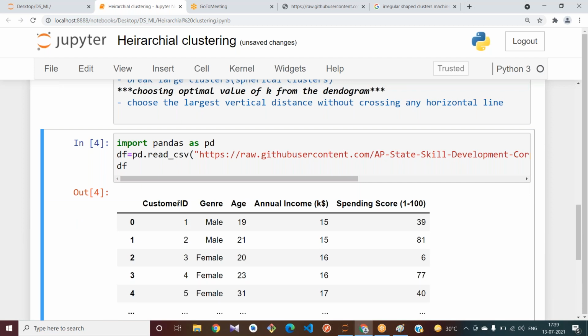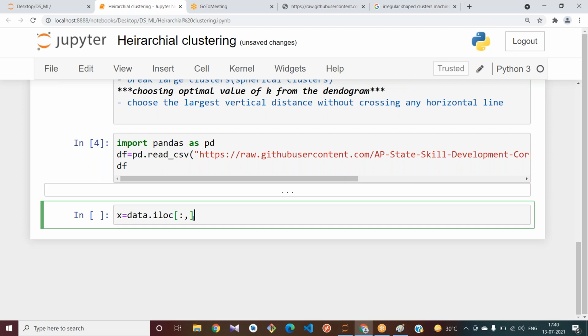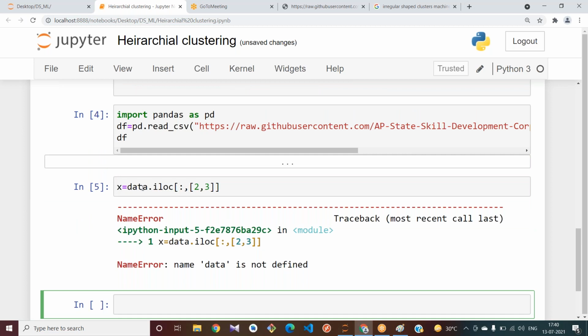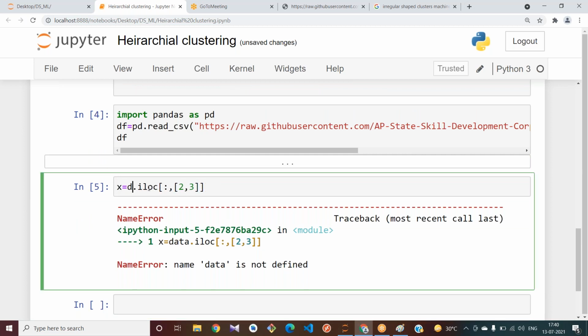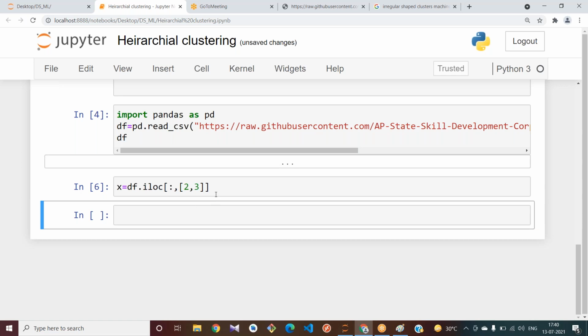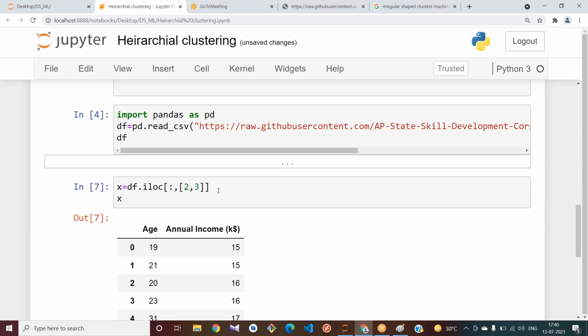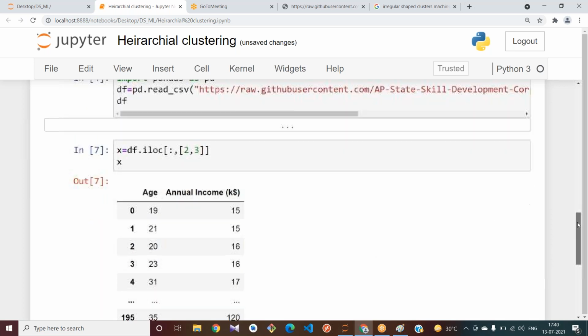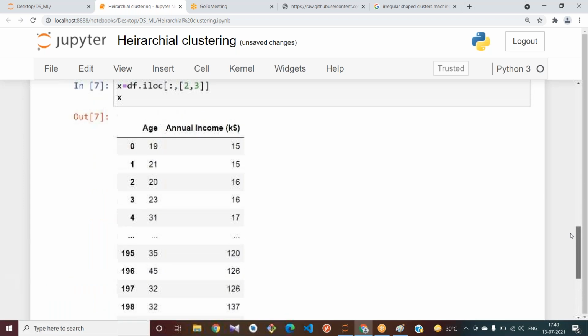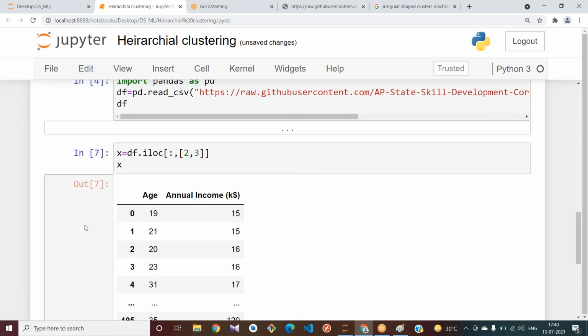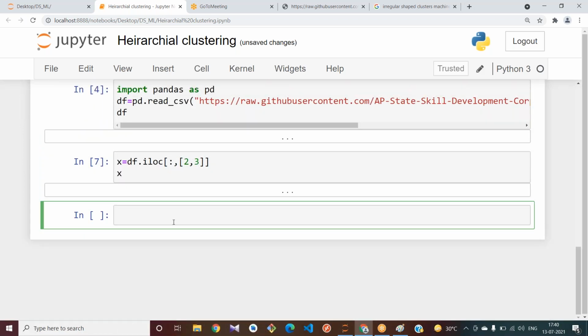I need only 2 and 3. Not data, I have stored it in df. If I see my X part here, these are the two columns I am taking to cluster my data.